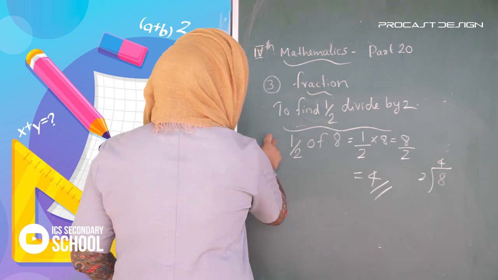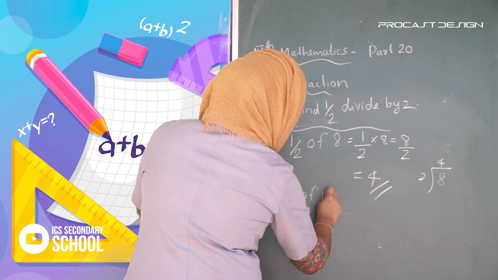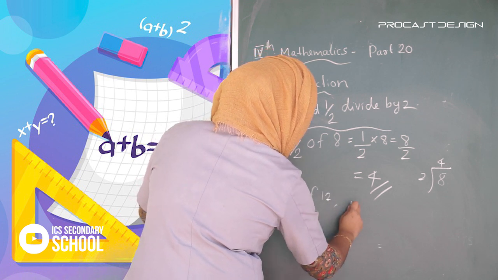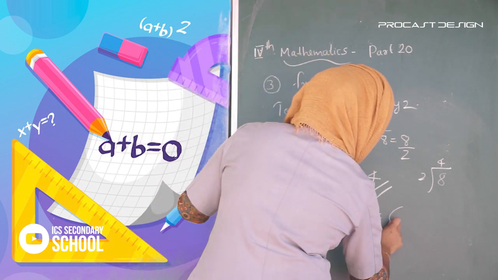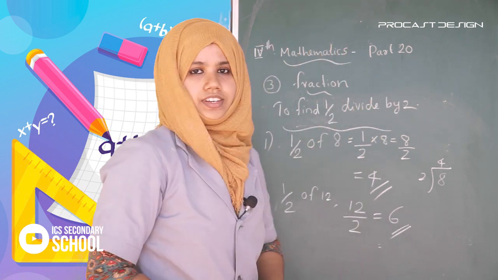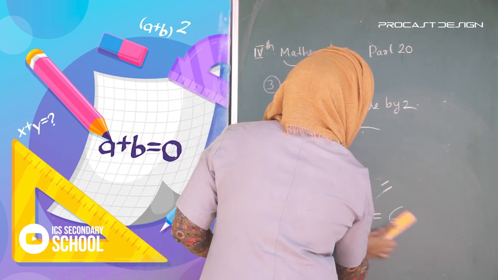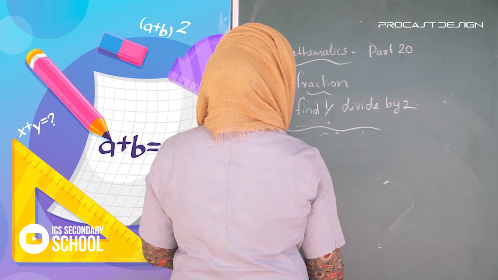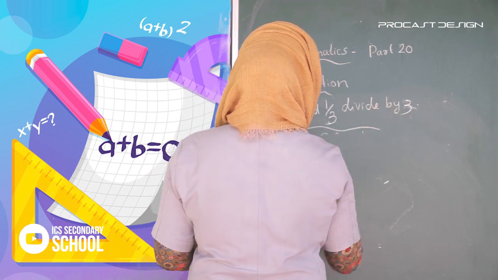Another example, how many 2's in 12? Yes, it is 6. Is it clear? Okay. So next is to find 1 by 3, we divide the number by 3. Example,